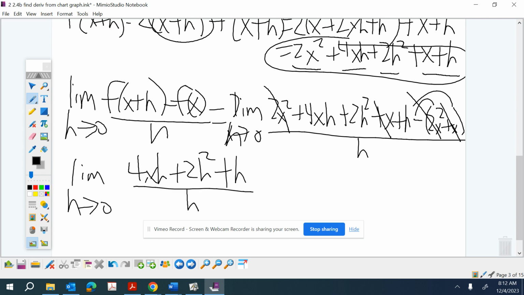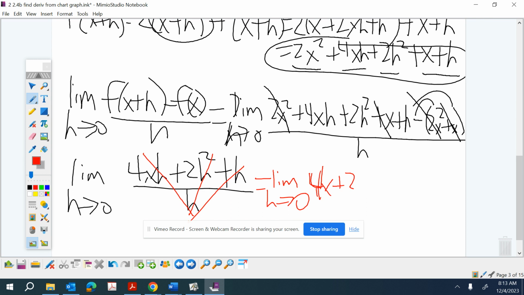Now, since every single term has an h in it, all of these h's can be canceled except for the h that's squared. So what I'm left with is the limit as h approaches 0 of 4x plus 2,